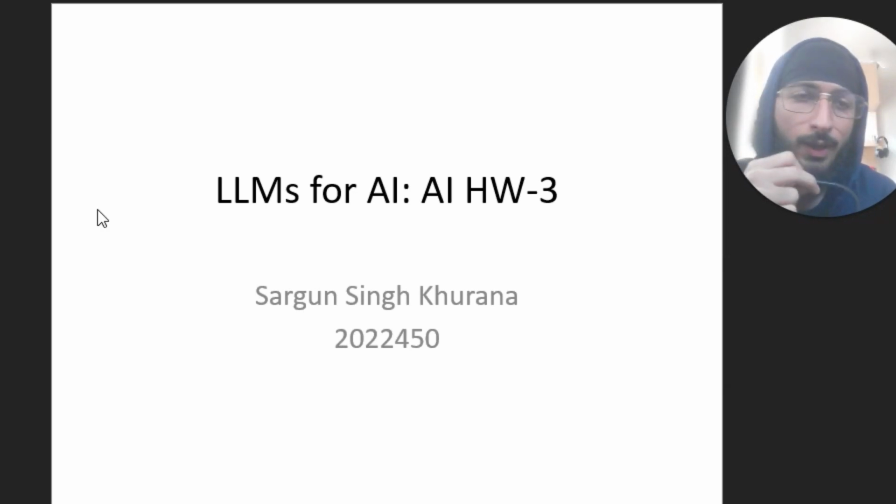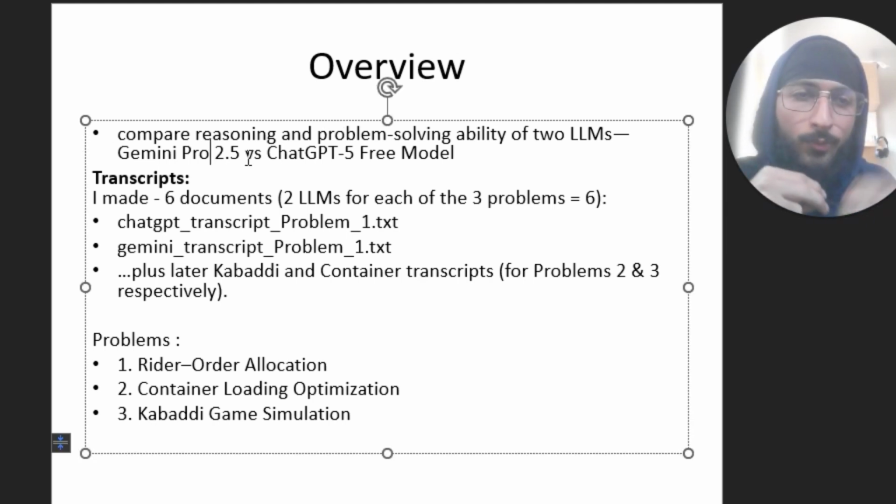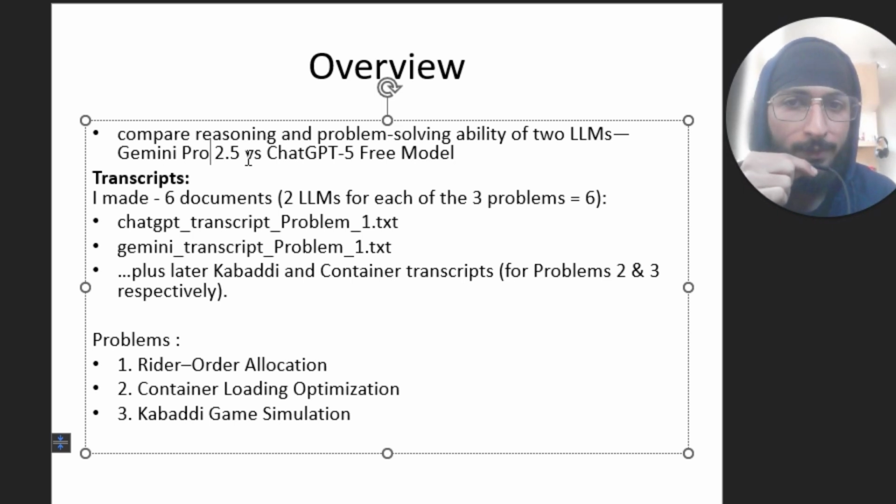So now I'm presenting my third homework, that is for AI. Now moving on. So basically, I'm comparing the reasoning and problem-solving ability of two LLMs that I've chosen, that is Gemini Pro 2.5 and the ChatGPT 5 free model. So these are the two LLMs that I've chosen, and the transcripts that I've made, I've attached them in the